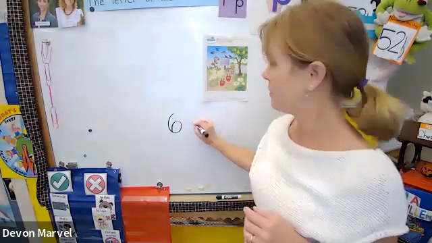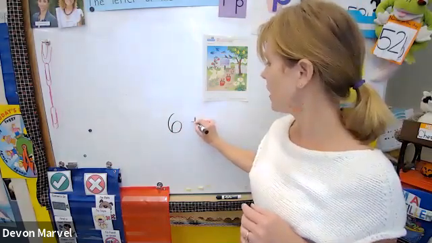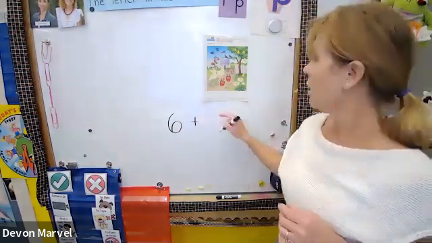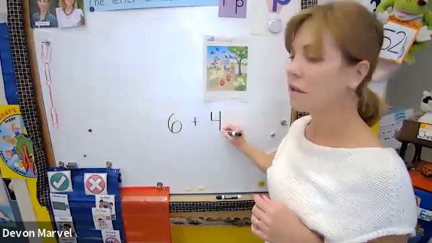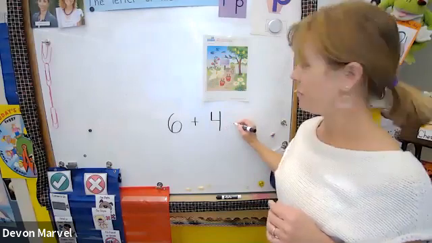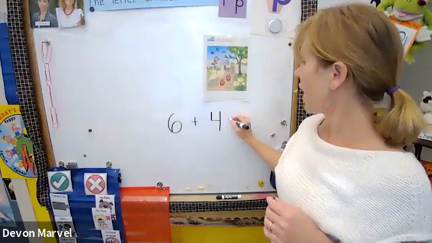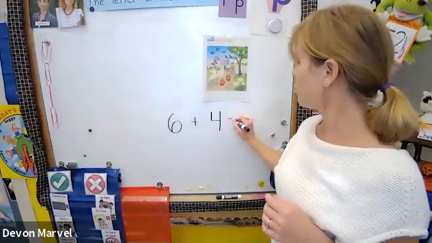And this is the sign for and, 4 are in the pots. And all together that equals